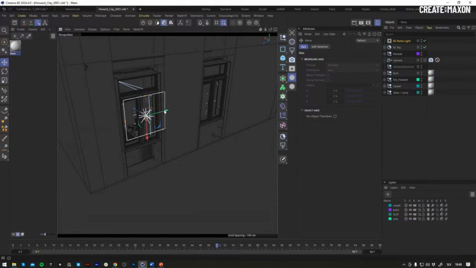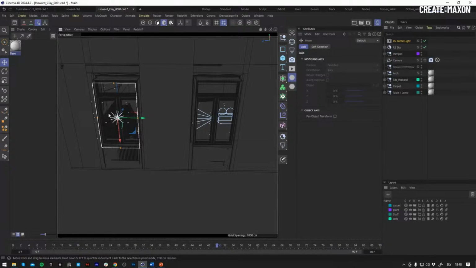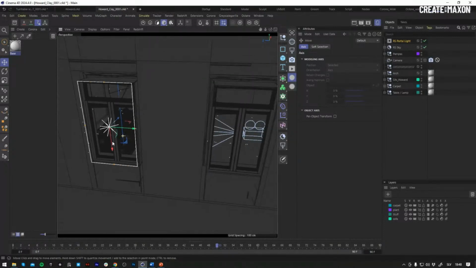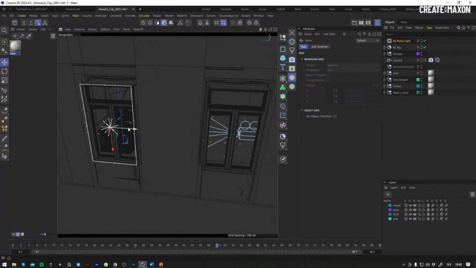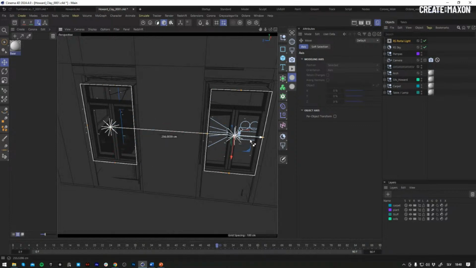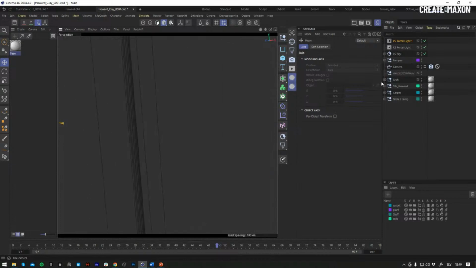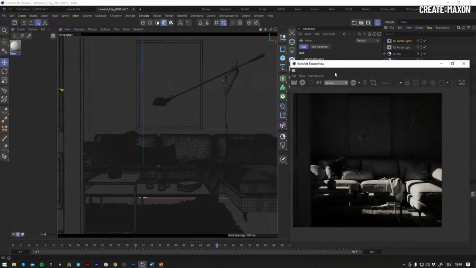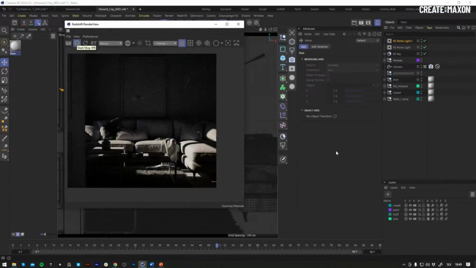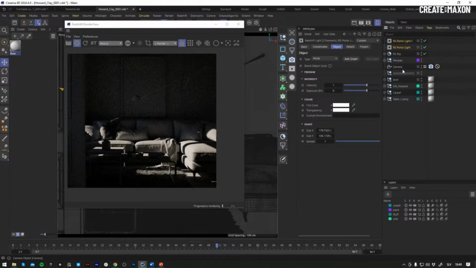Move it in. So what I'm doing is I'm placing the portal object on the window. It doesn't have to be perfect. It just needs to be close enough. Control drag, move it onto the other window, back into the camera, and let's hit render again. What we're going to notice is that nothing has changed because we need to tweak a couple of parameters, and